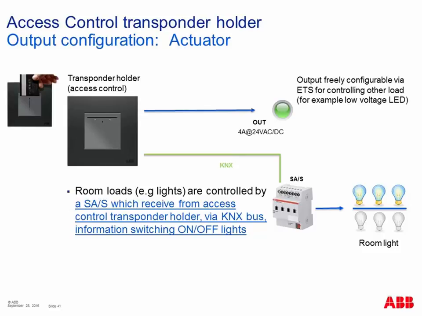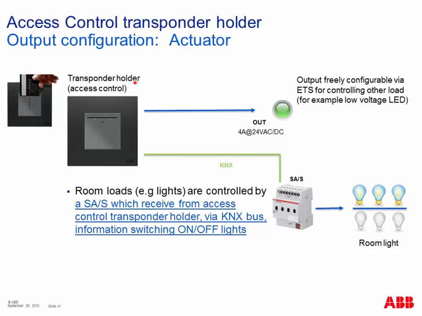This means that the output can be freely programmed to control every load you want, and this output can be controlled from every KNX device. In this case, the activation, for example, of the light, of the heating, when you insert a valid card in the card holder, so a programmed card, is done by an external communication